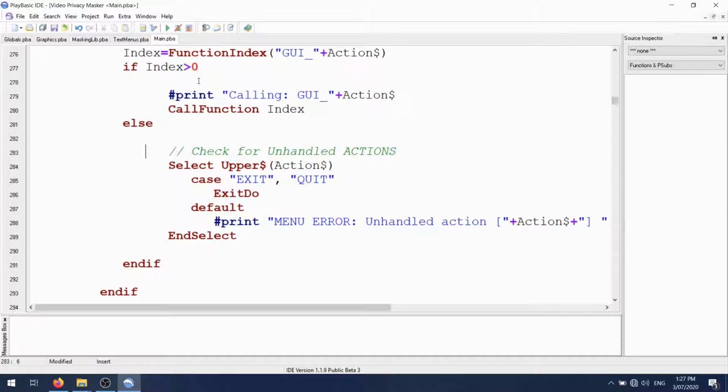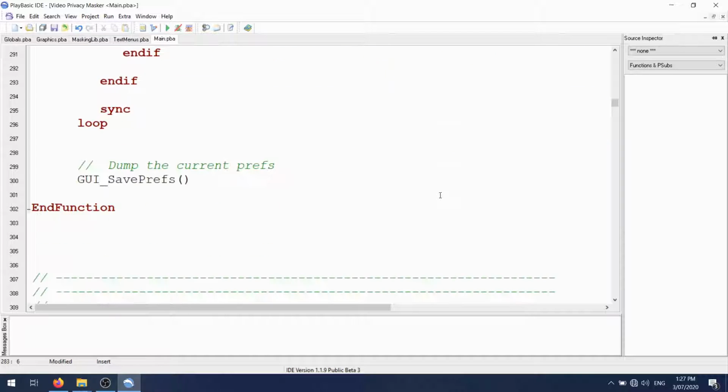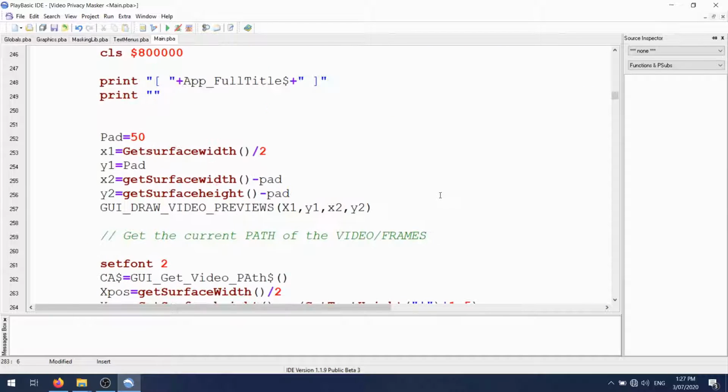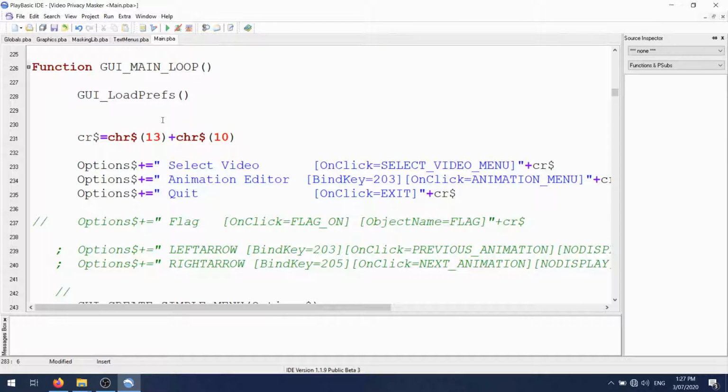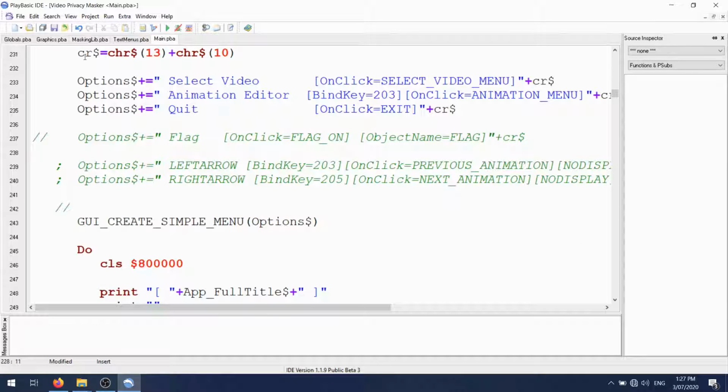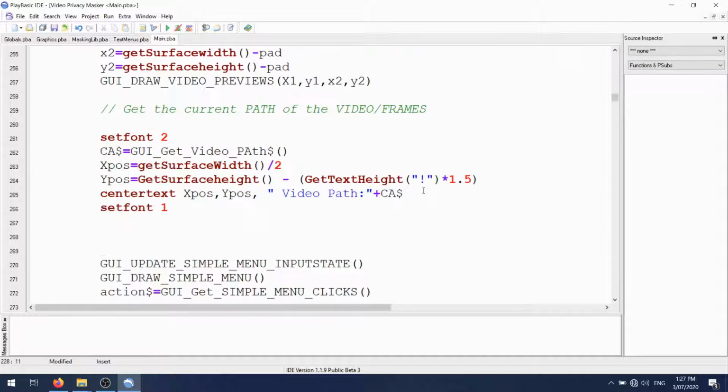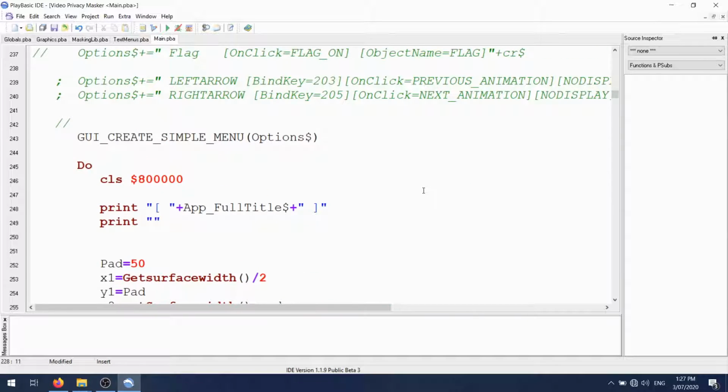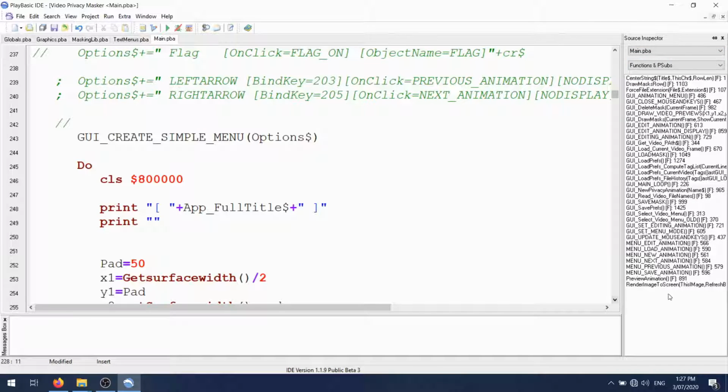If it's not a function, it might be some other option we want to deal with in a manual way, like exit, for example. And that's how menus work. So the main application starts up with load preferences, create a default menu. When we jump to the secondary menu, I just open that up there, which is, I think,